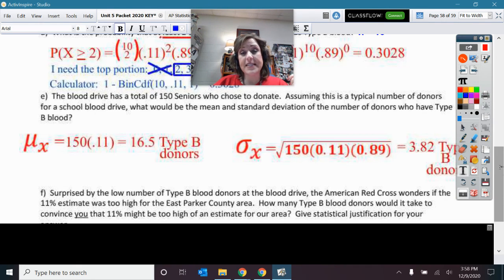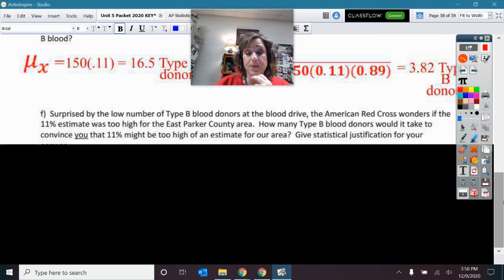But look here, this is interesting. This is kind of like the last problem on the previous page. So we got a really low amount. I mean, we had the whole 150 seniors come, and we ended up getting what we think is a really low amount. We're like, whoa, that is not what we expected. We were hoping to get about 16 and a half donations of type B blood. So that makes me start wondering,